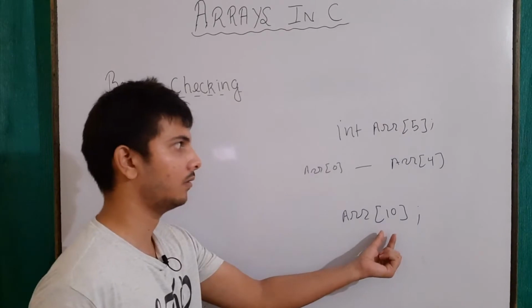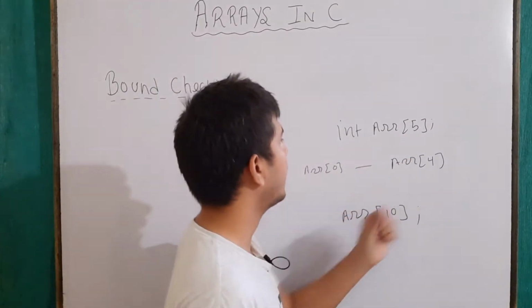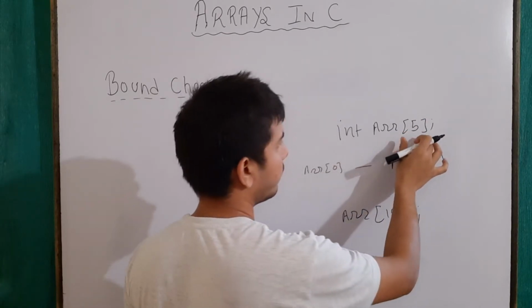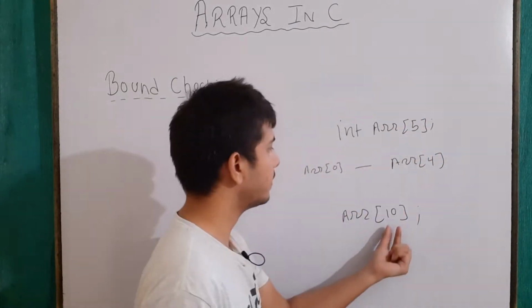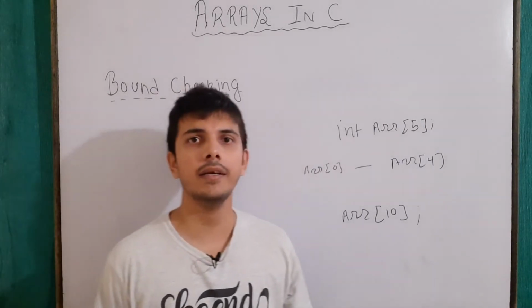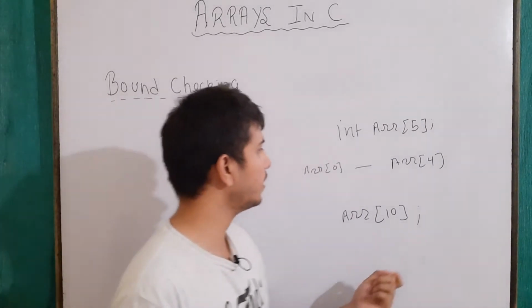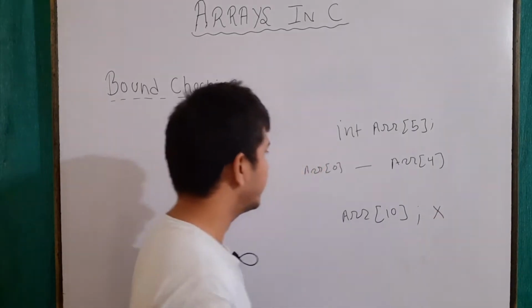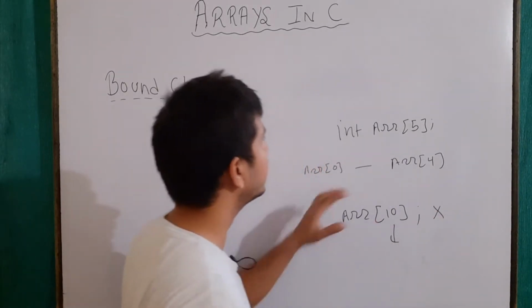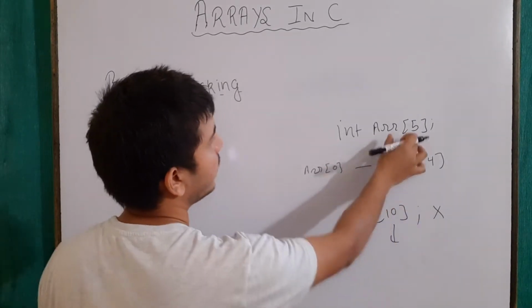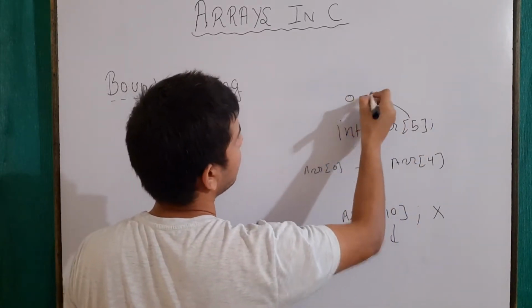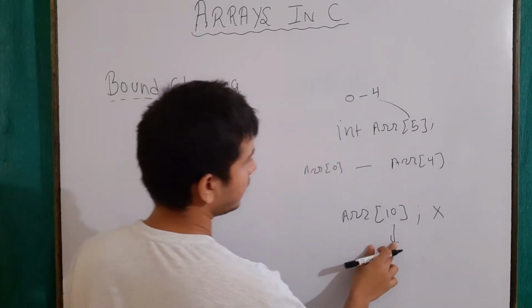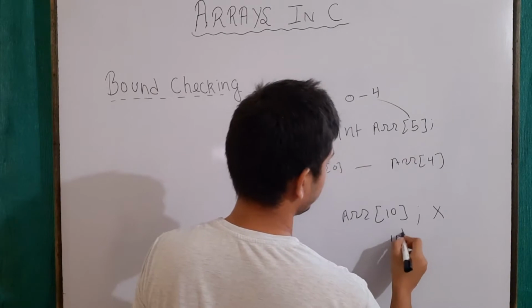Is it possible? The point here is that even though I had defined the array variable of size 5, I can access any subscript. There is no bound checking, no error message or warning message that you cannot access any subscript or location which is outside of our range. Here the range of accessing elements was 0 to 4, but here I am accessing the 10th location.